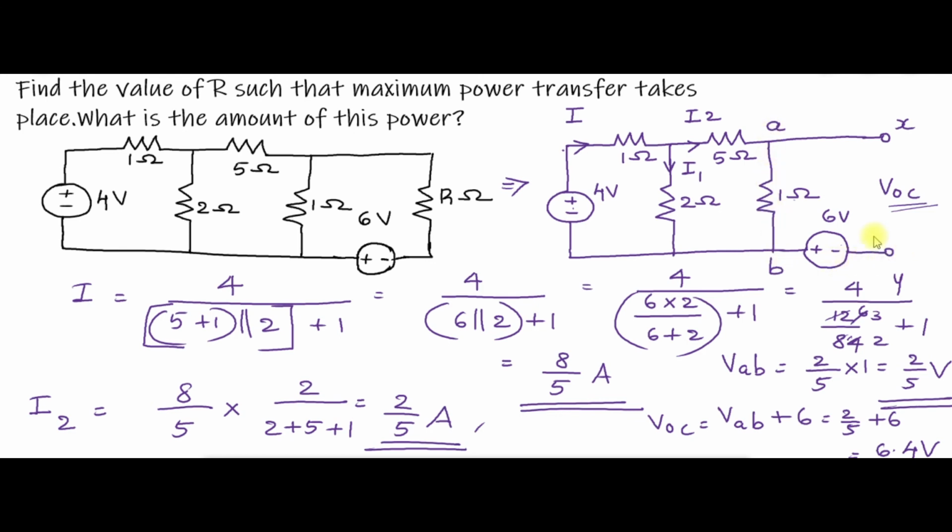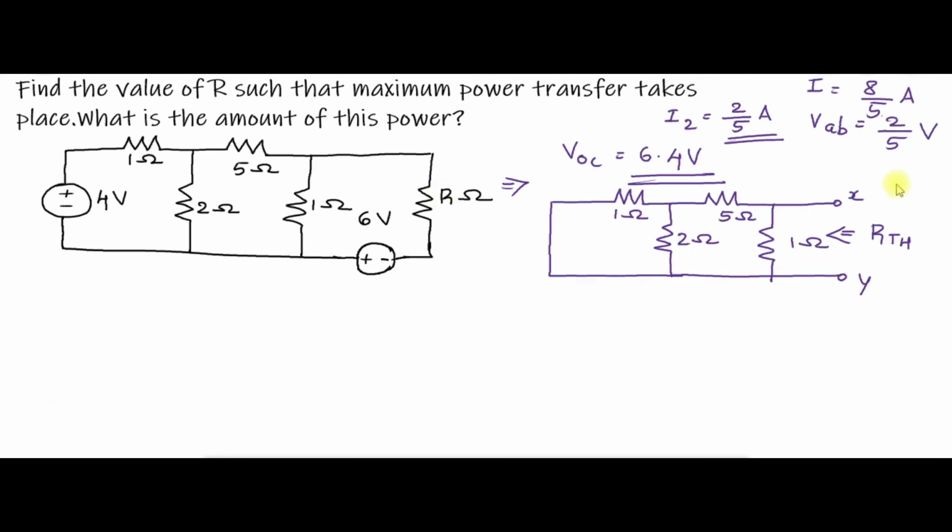Now you have to determine Thevenin's resistance RTH. Thevenin's resistance can be found out by short circuiting the voltage terminals and redrawing the circuit with the resistance only. Now you have to look at it from this side. From this side you can see that this 1 ohm and 2 ohm are in parallel. So 1 parallel to 2, which is in series with this 5 ohm, and that is in parallel with this 1 ohm. So you can write RTH is equal to